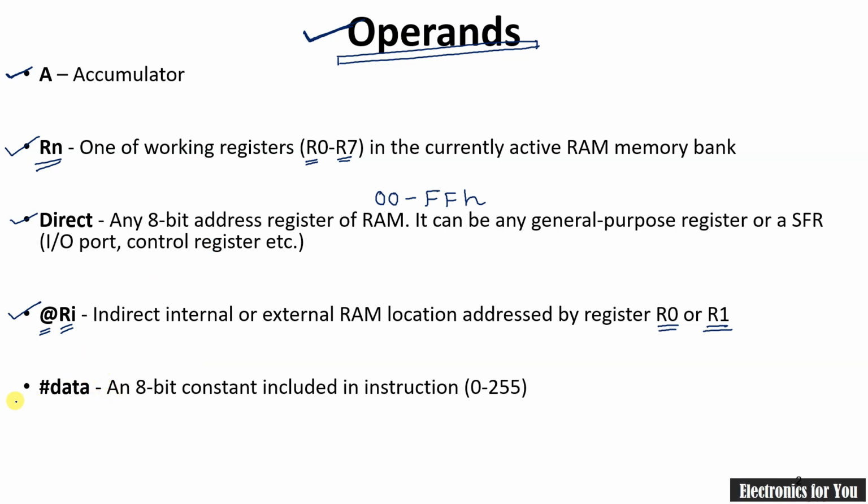Next one is data. Here 8-bit data, that is an 8-bit constant, is used. Again it is starting from 00H to FFH in hexadecimal, or we can say from 0 to 255 in decimal numbers. And the last operand that we are going to use is the register B, which is the same as the general purpose register such as the accumulator. You have to remember all these operands. I will use all of them in our arithmetic instructions.